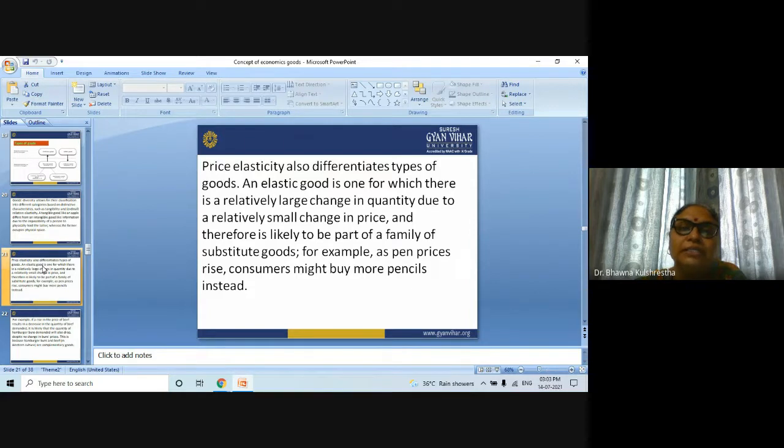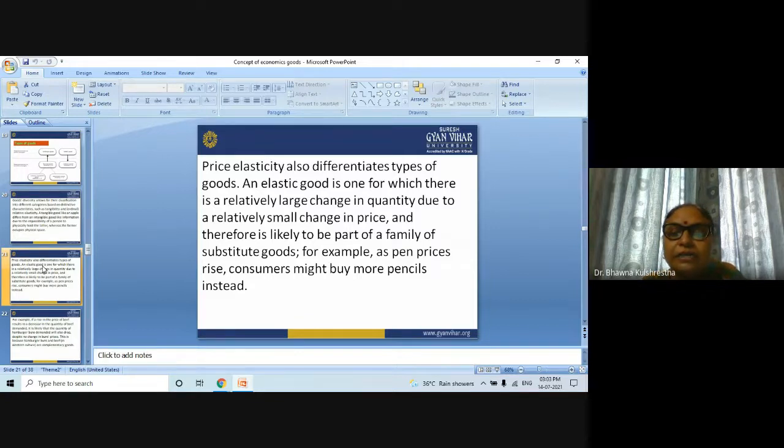An elastic good is one for which there is a relatively large change in quantity due to a relatively small change in price, and therefore